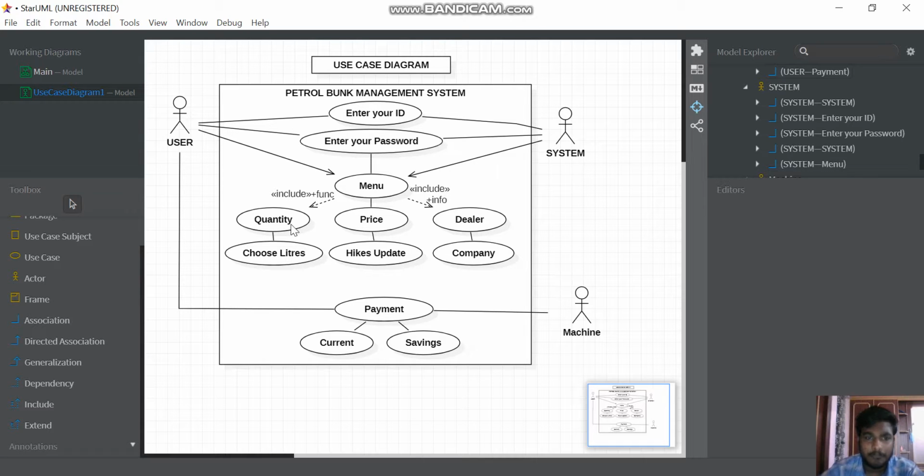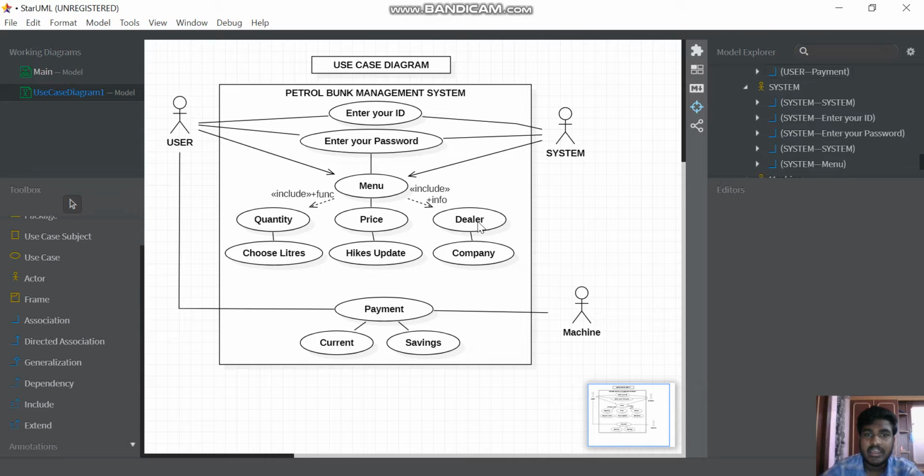So in the sub use case of quantity, I have given liters. That is, you can mention the liters like 1 liter, 2 liter, 5 liter, how much depends upon you. It's your vehicle quantity. Then I'm giving the price, and also hike updates, like for the first day the price will be 70 rupees per liter, then the second day it will be 72 rupees, and the third day it will become 68 rupees. So 2 rupees increasing, 2 rupees decreasing. That's why I gave this hike update, because the user can easily compare the petrol prices of each day. So I give hike update.